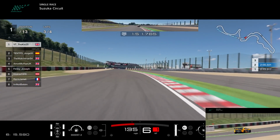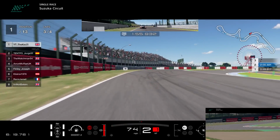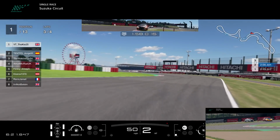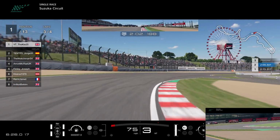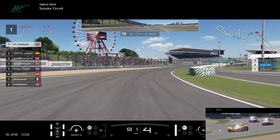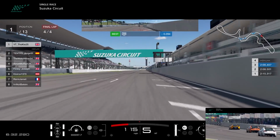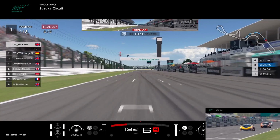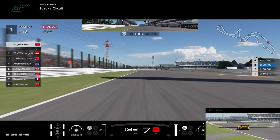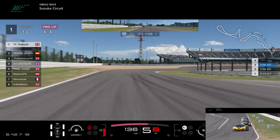As again, you can see the speed that we can carry through some of these corners is very good. I would actually like to time trial this car around here. I think it might be able to match the Ferrari. I think the Ferrari had a potential of about 207.4, 207.5, and I think this McLaren can do something very similar. It feels as strong, maybe a bit stronger than the Ferrari because its straight line speed is a bit better. And you can see, especially when in the slipstream, that's emphasised obviously. But even without the slipstream, I think it's got a little bit more straight line go in it